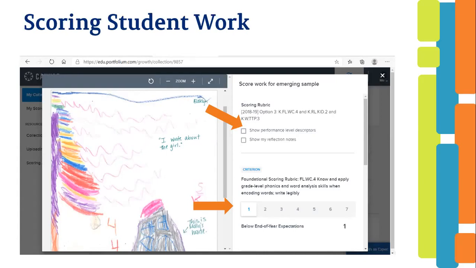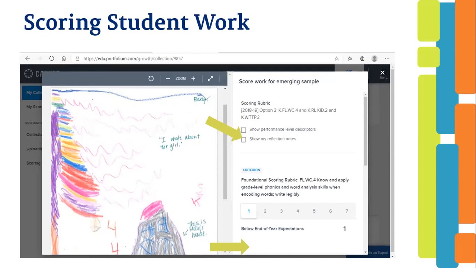The orange arrows are pointing to the box you can click to see the descriptors and to where the descriptors will be listed. If you want to add reflection notes, simply click the box indicated by the green arrow. It will also be seen under the scoring line and under the descriptors if you choose to view those as well. However, these reflection notes are only for you, the teacher. Peer reviewers will not see any of your reflection notes,